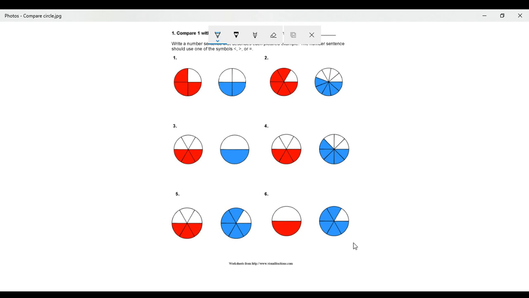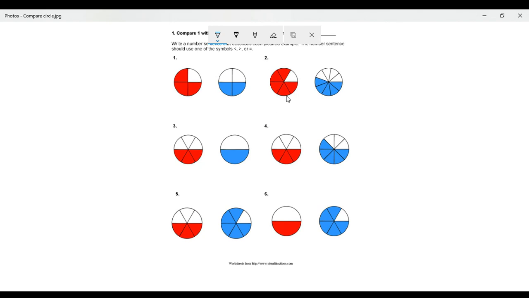All right, this video is to reinforce how I would like the comparing fractions. Okay, so today we're going to compare fractions. You'll have two sheets. Now, what I want you to do is you're writing number sentences to compare these fractions. So we talked about that in the learning video. So what you've got to do is you've got to identify what the fractions are first, and then which one's